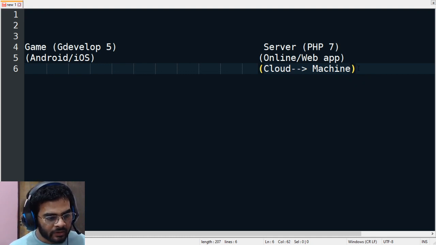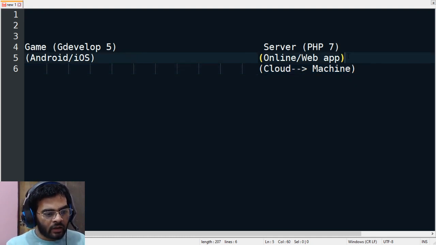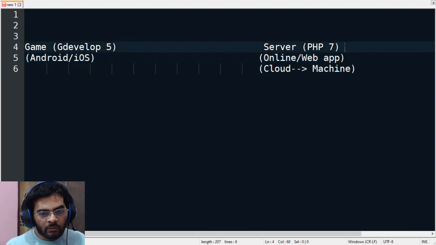So you can basically understand that the code in our server will live online. It will have an address, and we can reference our server using that address.